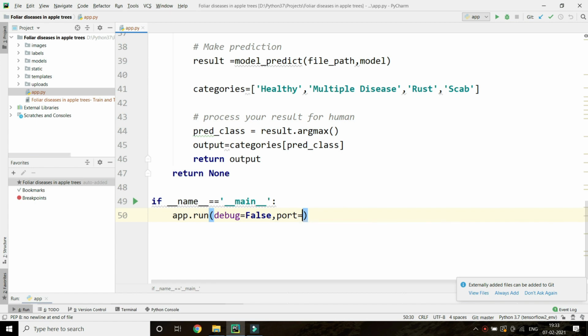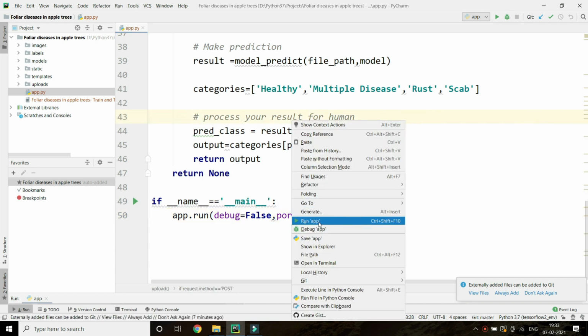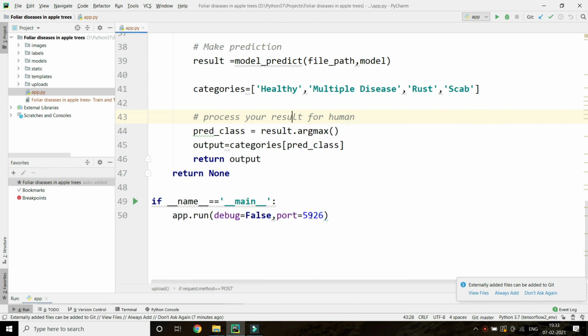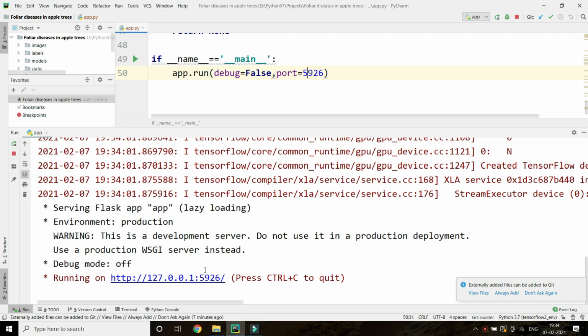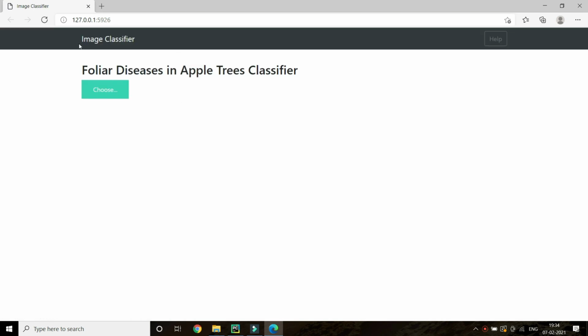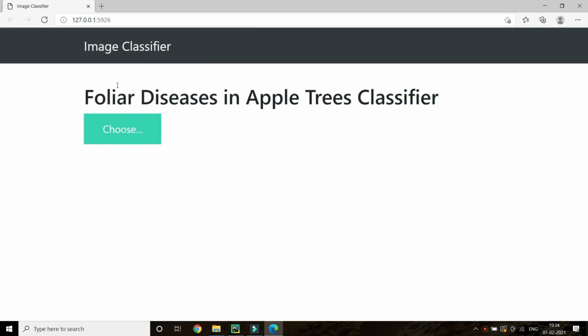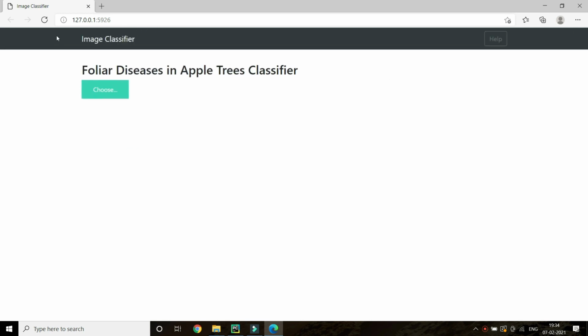And the port number by default is 5000 on everybody's laptop. You can use 5926, a random number. I just gave a random 4 digit number. So 5926 on your localhost. This is the port number, and see, I have run this and it's running. By default it is 5000. See, localhost 5926. This is a localhost IP address, and now this is your main web front page.